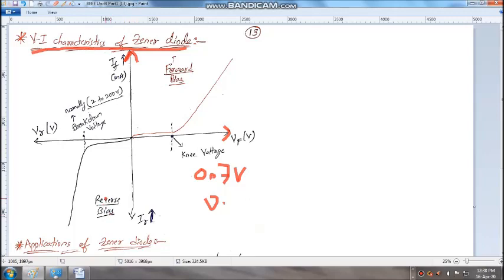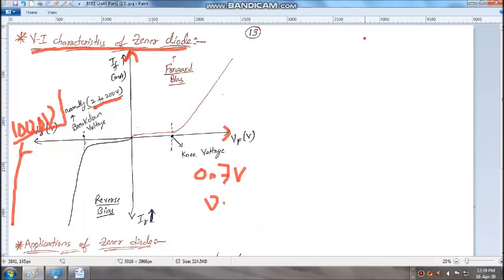Coming to the reverse bias condition. In reverse bias condition, normally for a Zener diode, the breakdown voltage will be a lesser value than the conventional PN junction diode. For a PN junction diode, the breakdown voltage will be 1000 volts. For IN4007, the diode which we used in the lab, it is 1000 volts. But whereas in a Zener diode, the breakdown voltage will be a lot lesser value, in a range depending upon the type of diode or the manufacturer. It ranges from 2 volts to 200 volts.